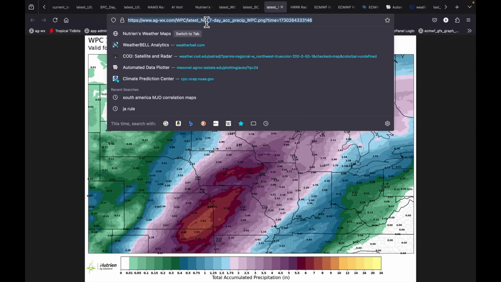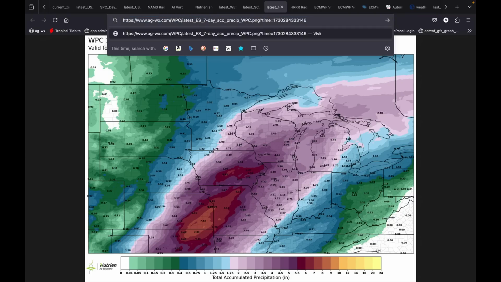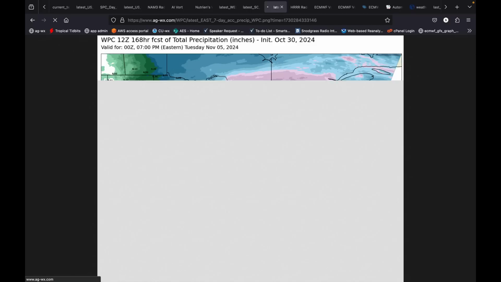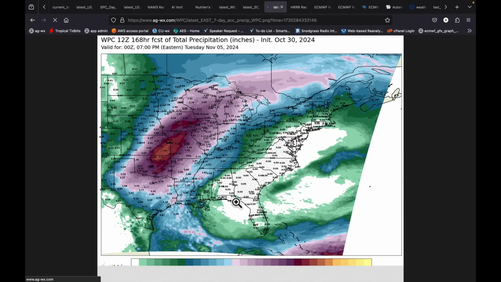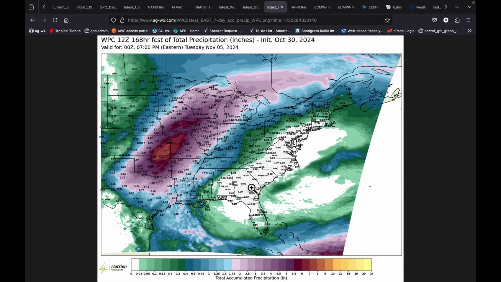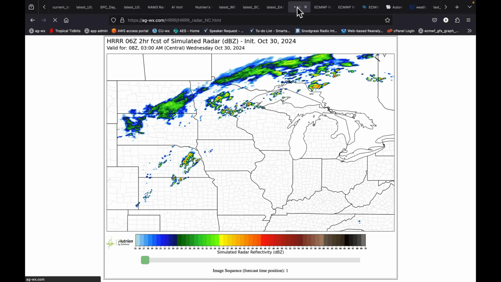I'm going to switch this over quickly here to the east, if I could spell that right. And if we look just across the whole of the eastern U.S., you can see the influence of the ridge. And we see a lot of zeros, which means the drought that the east is enduring, especially the northeast, after the hurricanes in the southeast, is going to persist through these next couple of systems. I do want you to be aware that the risk of these severe storms is quite high.